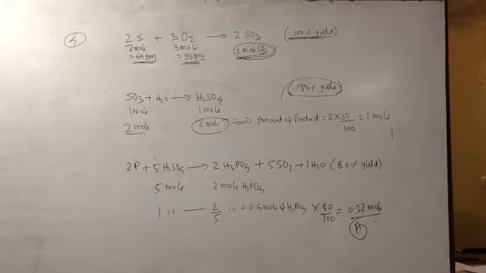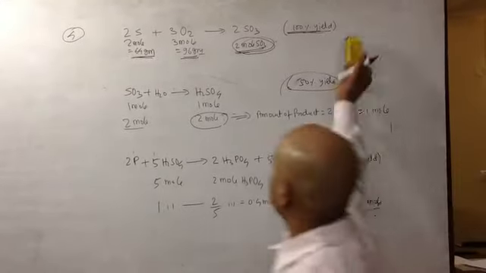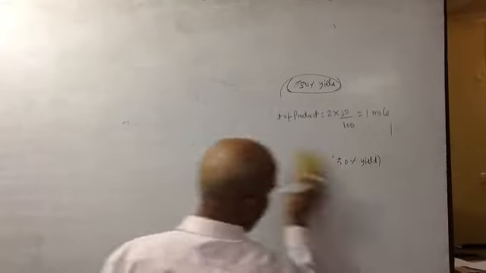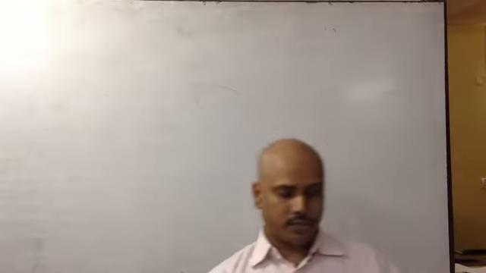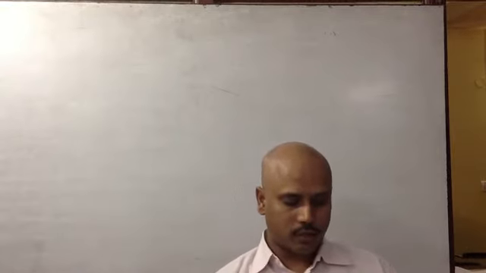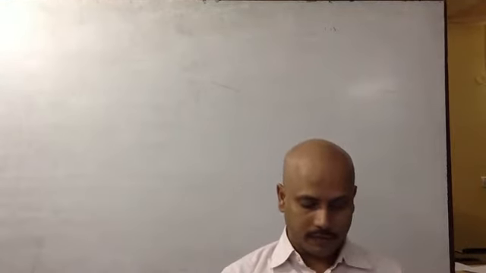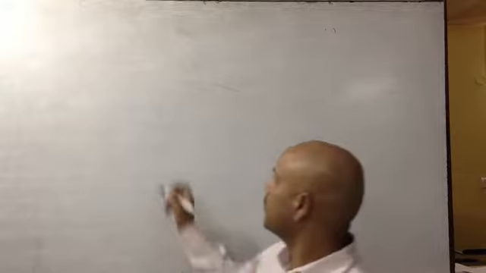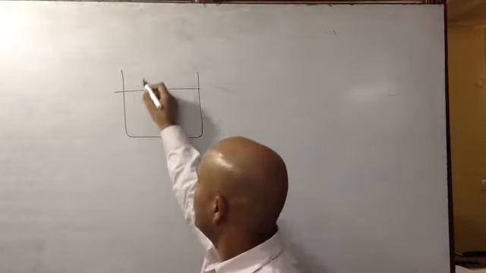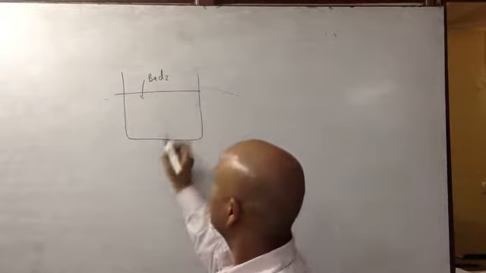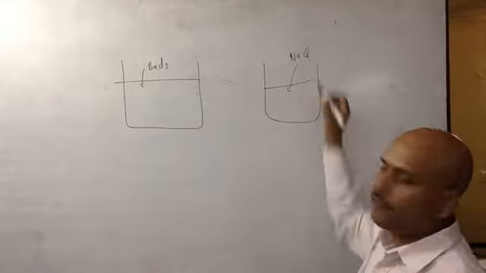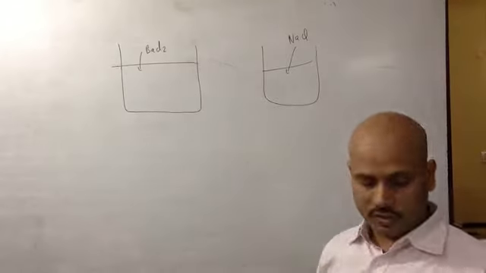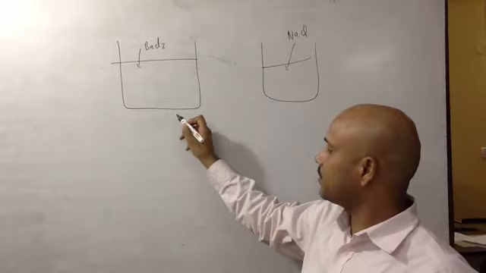Now, let us move on to question number 5. Question number 5 is a good question. How much BaCl2 would be needed to make 500 milliliter of solution having the same concentration of Cl minus as in the NaCl solution? It means that in BaCl2 and in NaCl the Cl minus concentration is the same here.